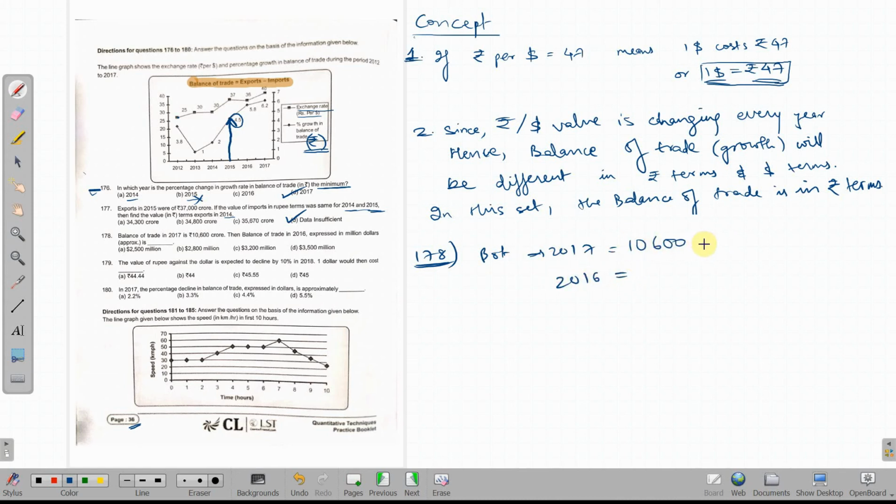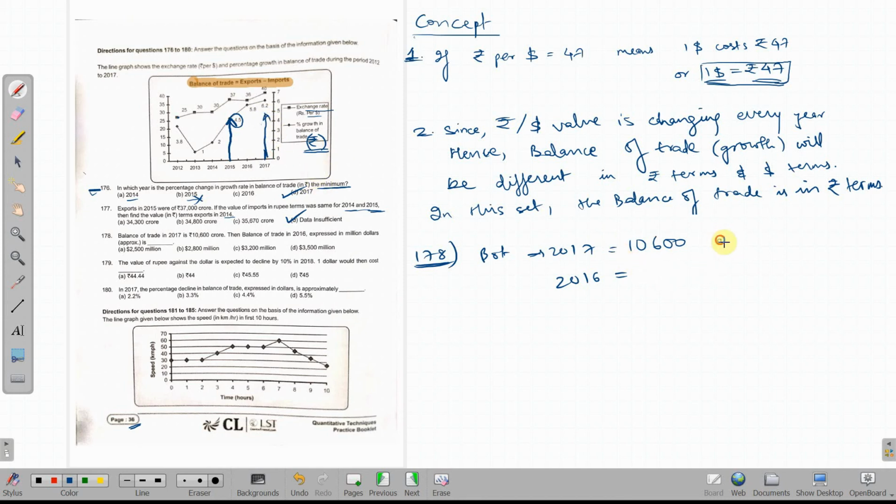Okay. And what you have is the growth rate of balance of trade. So how do you read this graph? When you say 2017's growth, how much is it? So 2017's growth is 6%. 2017's growth is over the value in 2016, right? So you read this number, right? So 2017 showed a growth of 6.2%.